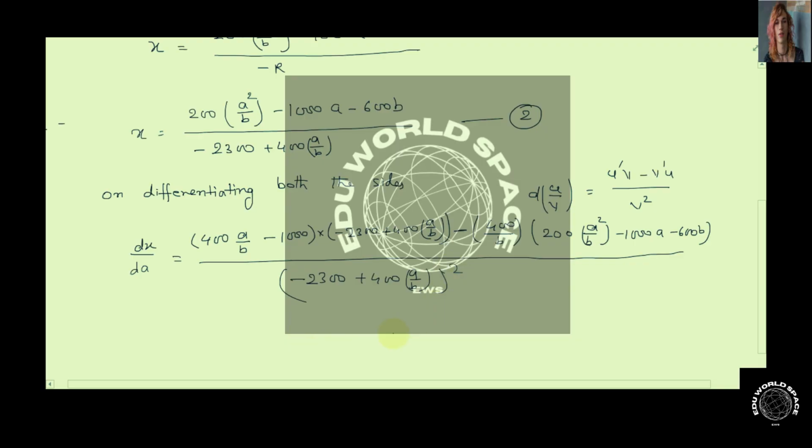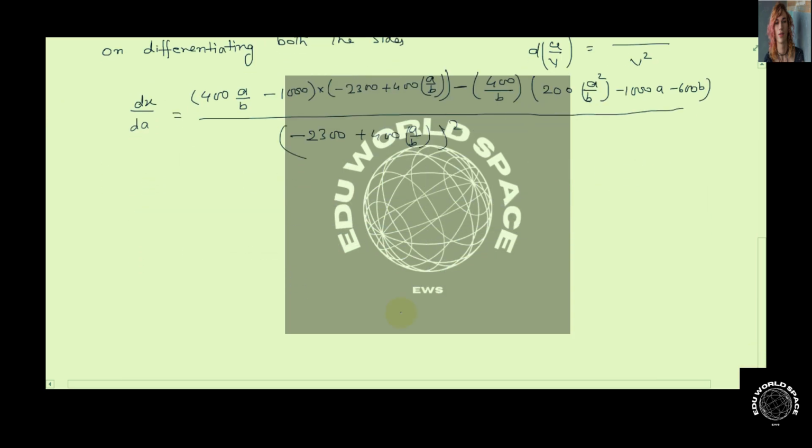Now for maxima or minima, this should be 0. For maxima or minima, dx by dA should be equated to 0. So if we equate this term to 0, the denominator can be sent to the right hand side, so it will become 0. So our equation will be